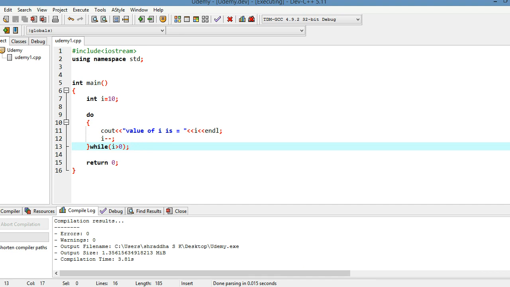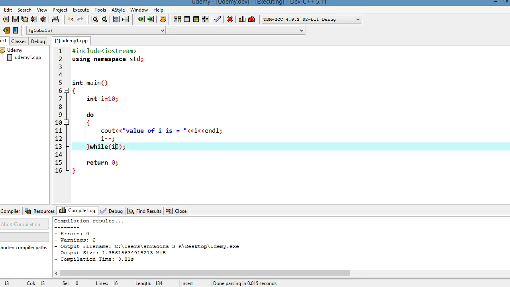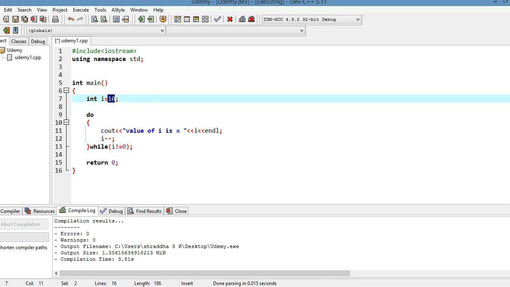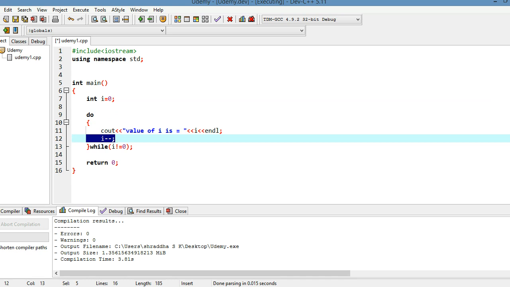So what we can do for an infinite loop is that we should skip the value of 0. If we do like this, then there will be an infinite loop. I'll take the value of I as maybe equal to 0. Then for the first iteration the value of I will become minus 1.